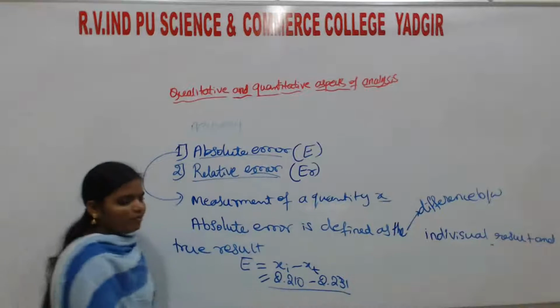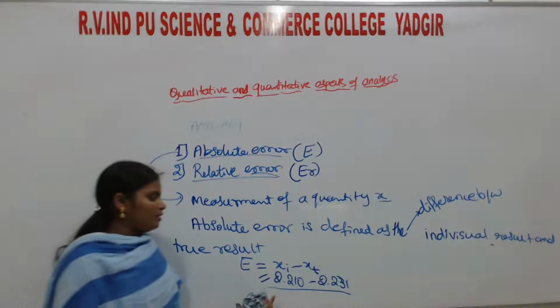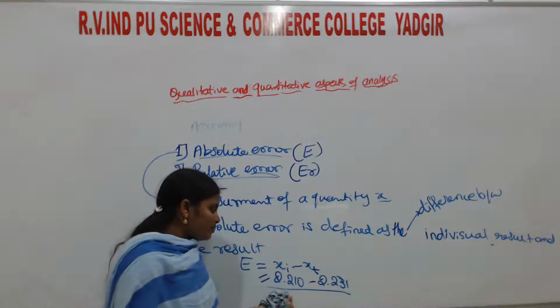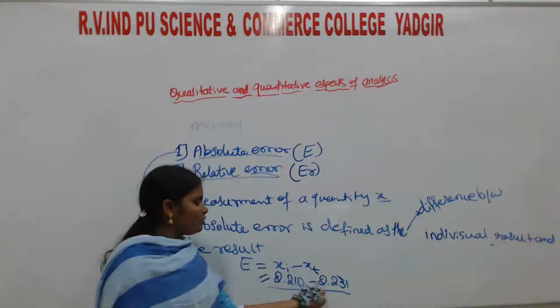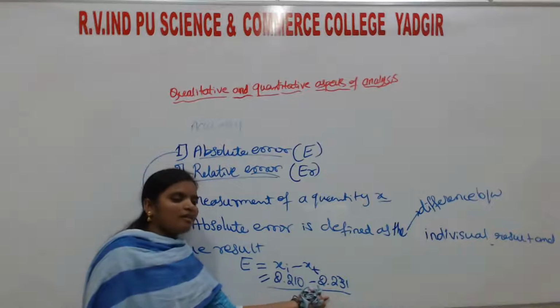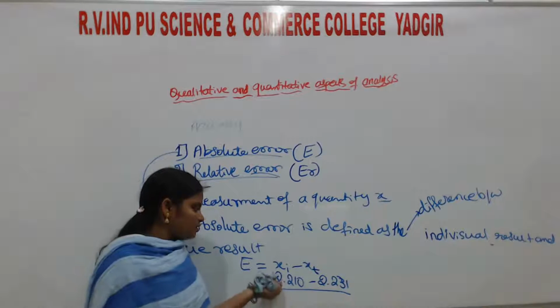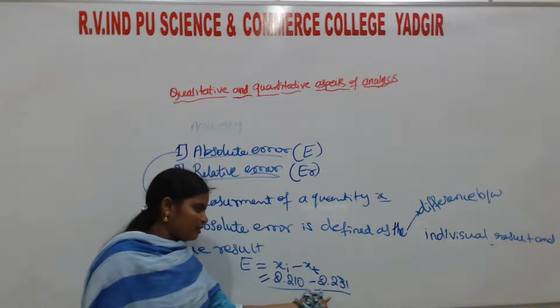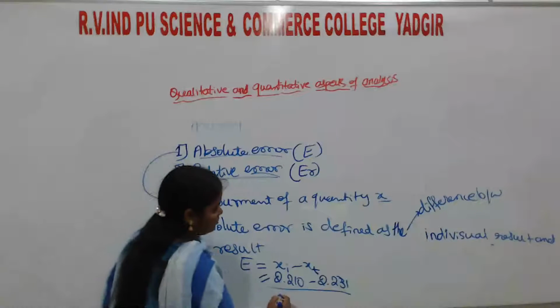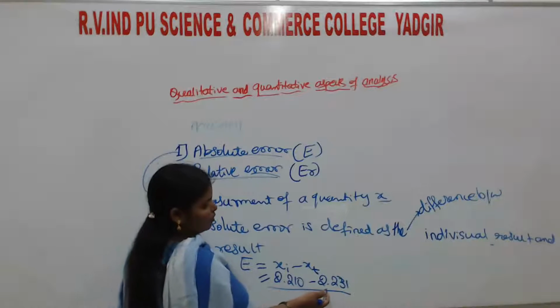You can take any of the individual results, whether 2 or 4, against the true value 3, and you get 2.210 minus